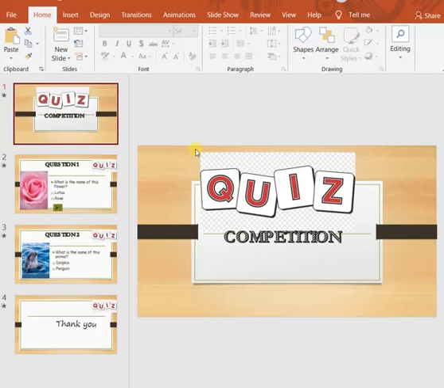The use of Slide Master is very useful when we have a lot of slides in our presentation and we want to make common changes to more than one slide. Suppose 20 slides are there and you want to make the same changes to all 20 slides together, then this Slide Master is very helpful.